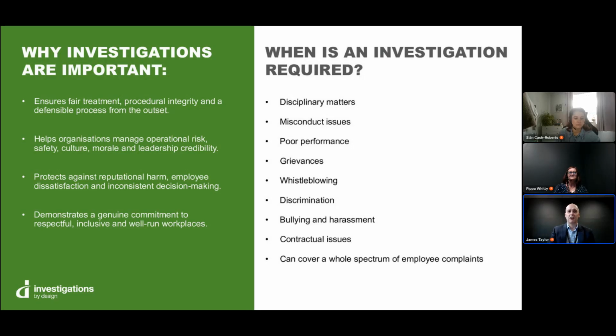So I think we've got obviously some of the examples of when an investigation would be required. And I think, as you can see, there are a number of reasons there. Each would have its own separate policy, procedure, etc. So whilst the framework may differ, the core investigation principles are the same. It's that natural justice, fair procedure, putting the allegations properly, allowing a full response, ensuring impartiality and providing an appeal route. And a reasonable investigation underpins a fair process.